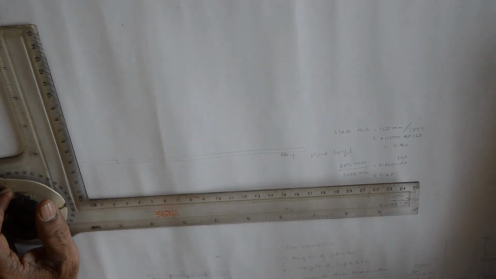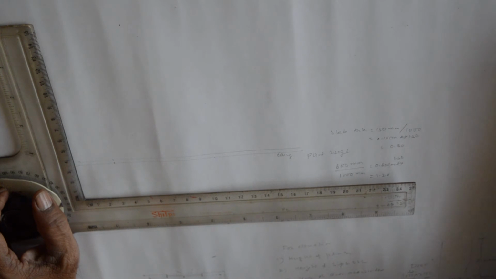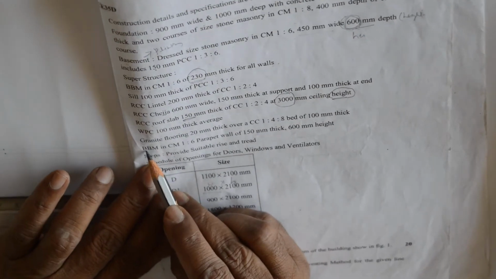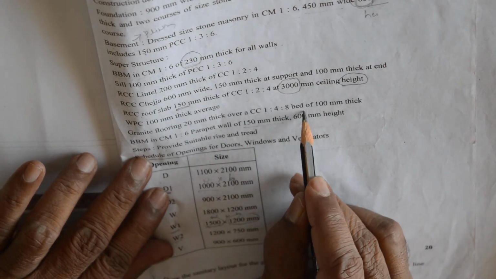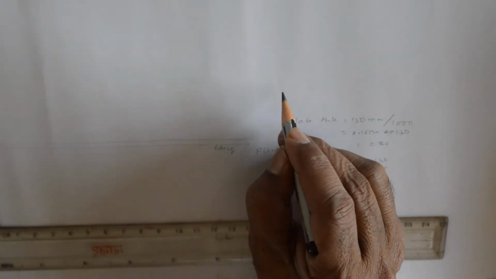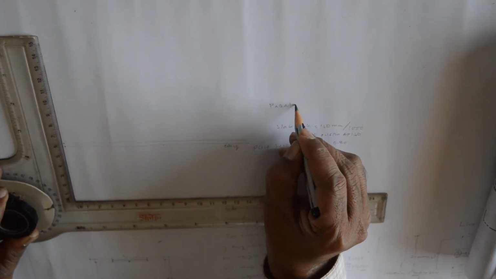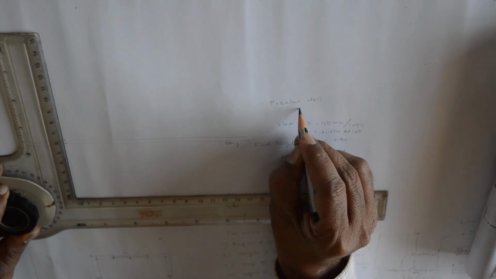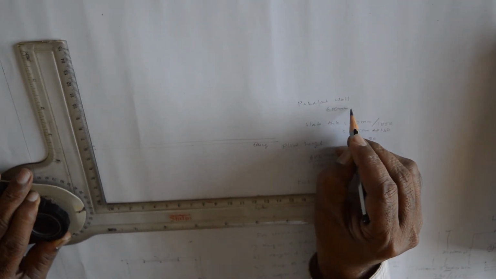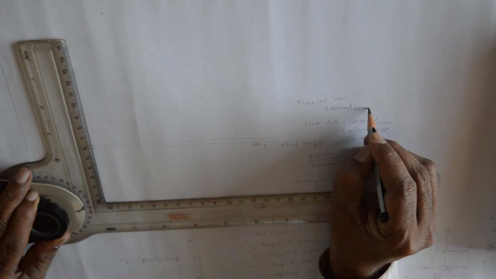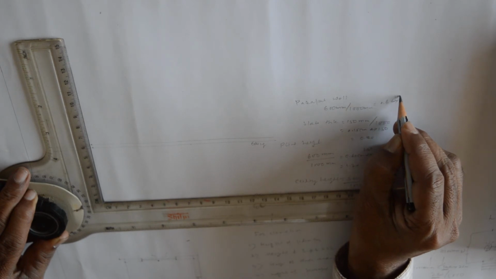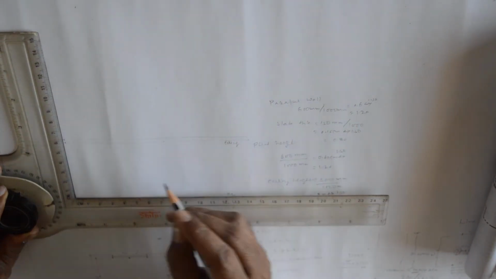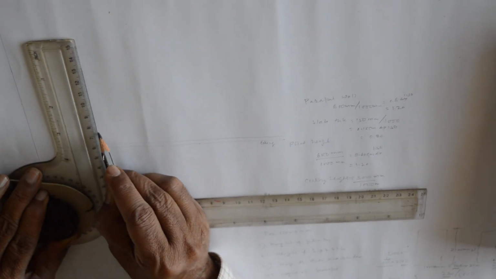Then afterwards, the parapet. Here, burnt brick masonry in cement mortar, parapet wall, thickness is 150 mm, height is 600 mm. That means over the slab, the parapet wall is 600 mm. Divided by 1000 to convert into meters, that is 0.6. Converting into 1:50, that means 1.2 centimeter. From here, 1.2.